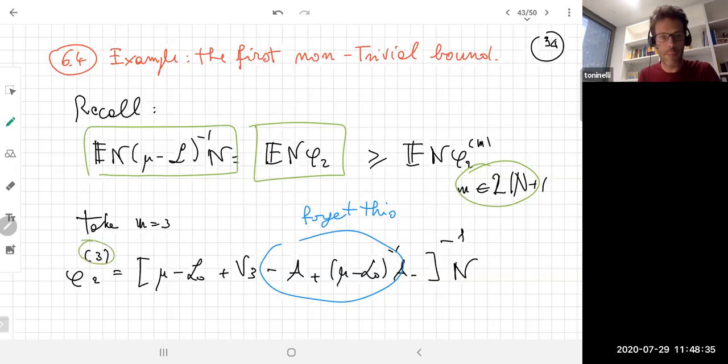M is the upper index of the truncation, but we still want to compute the component in the second chaos. So we are interested in phi 3 component 2, and if you apply our previous definition,